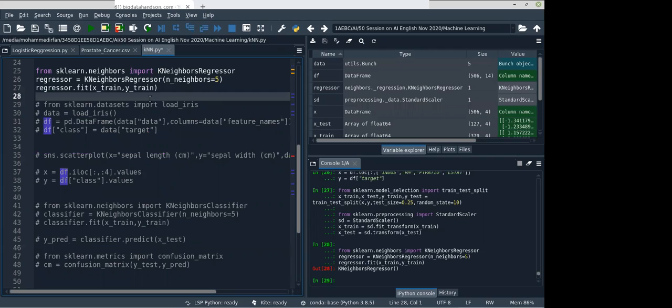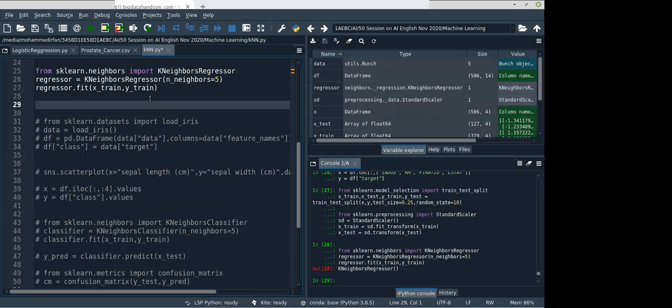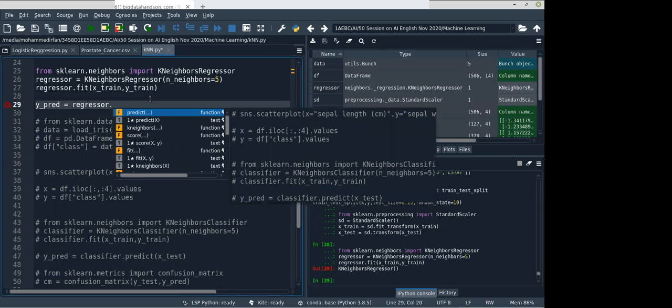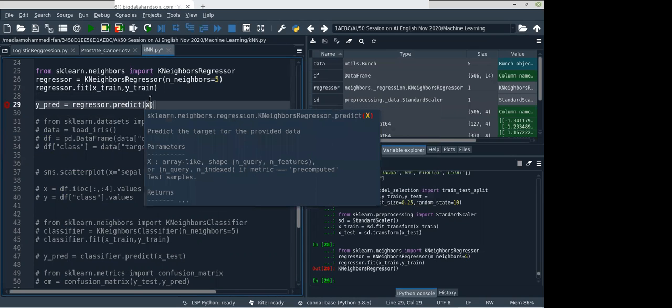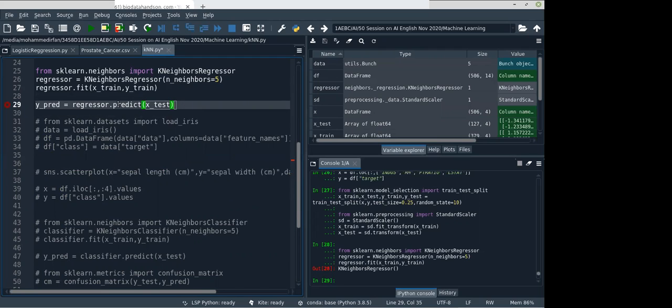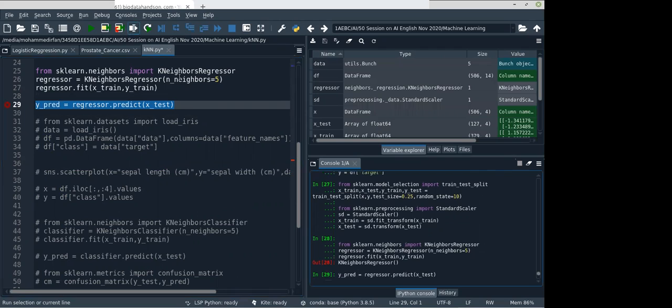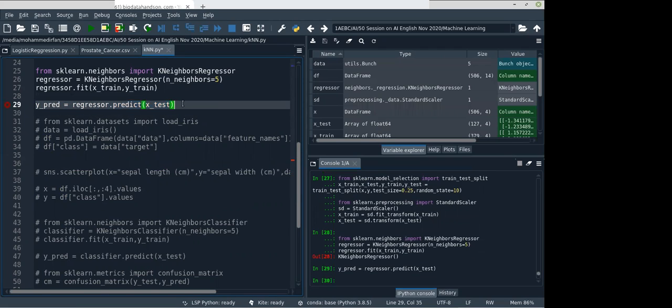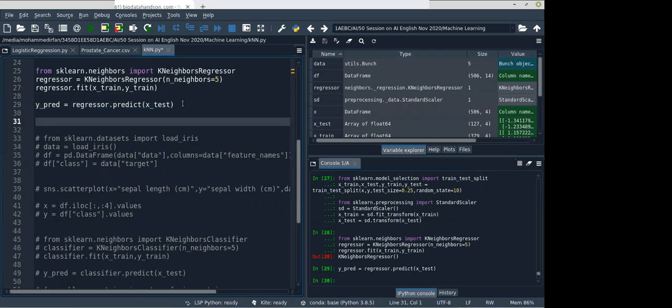Okay, after this we want to predict. y_pred equal to regressor dot predict. Inside we will give the test data x_test. Okay, this is a continuous prediction. To evaluate this we use R2 score or mean squared error, right?